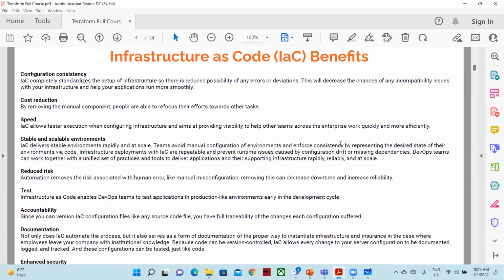But what is the benefit? Because if you are introducing something, the benefits and drawbacks are most important. If you see here, infrastructure as code benefits. In the interview panel, they will ask you. Terraform will also cover around 5 to 7 minutes of your 30 minutes, like AKS at minimum 7 minutes, and the CI/CD pipeline around 5 minutes. Likewise with infrastructure as code, if you get a chance to work on it,